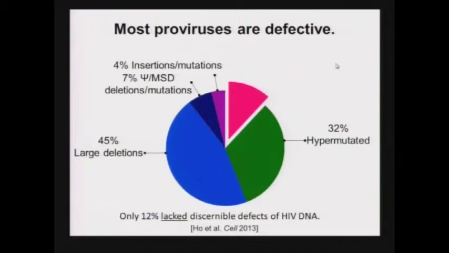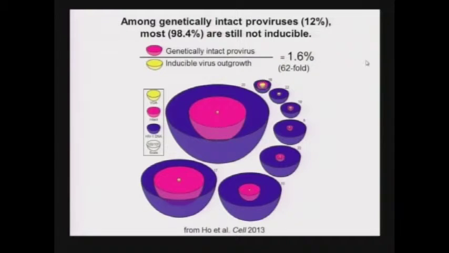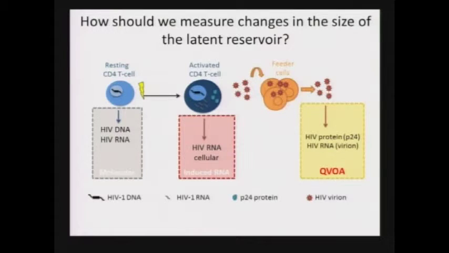And of the 12% that lack discernible defects, still the majority of those were unable to propagate viral infection. So clearly there is still a lot of room for something in between, or for extrapolation between the HIV DNA assay that is widely used because it's convenient and the QVOA assay that is the most direct measure of what we really care about. So in this study, we were basically interested in trying to fill in some of these